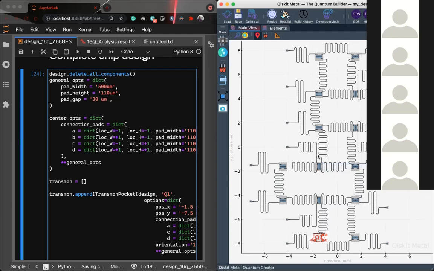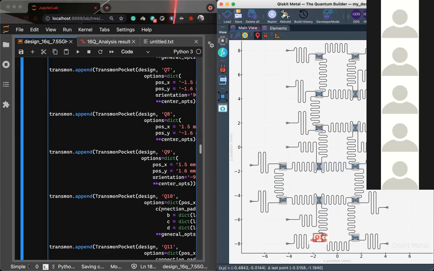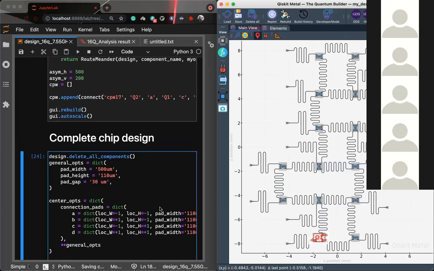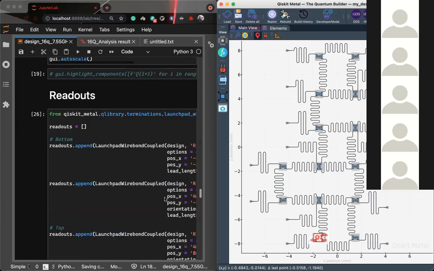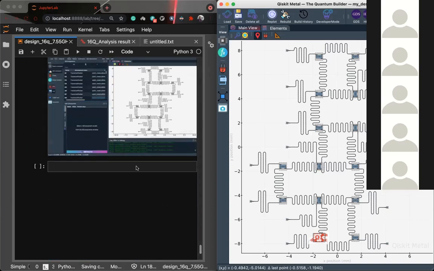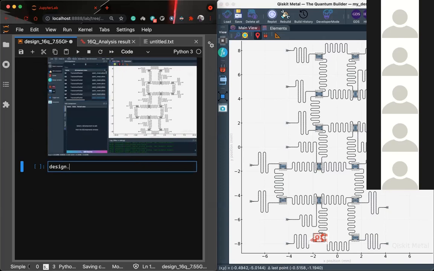Go ahead. So this design, we'll see in the future sessions actually, or there are tutorials available as well, so you can either refer to those, or we'll anyways discuss how to give a design for analysis. There are inbuilt functions in Qiskit Metal. I think you can do something like design dot send to ANSYS.